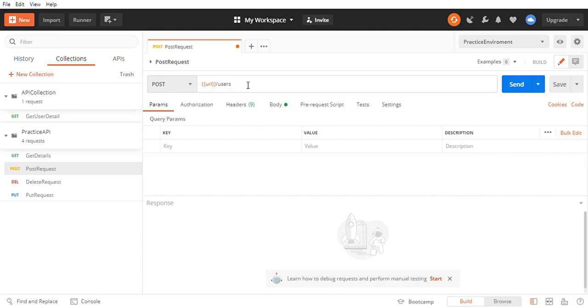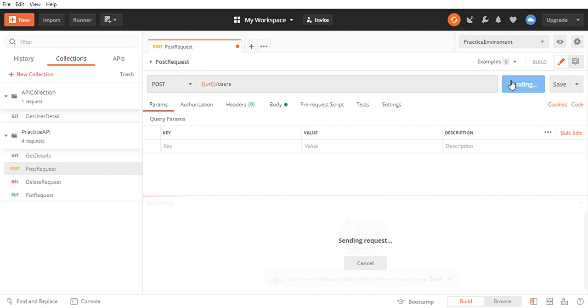Can you see we have defined the parameter here? Now let's see what happens. It will surely fail because we are using an incorrect base URL, but I just want to show you how we can define the parameters and pass the same parameter in our request.